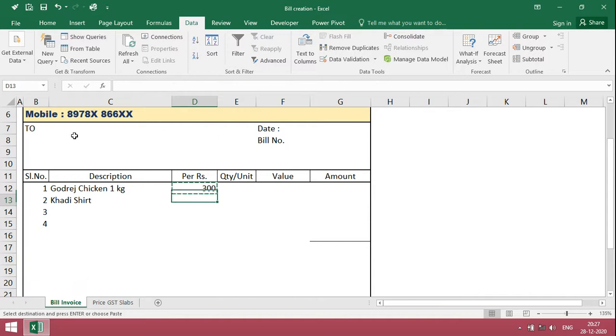Then just copy this formula to the next cells.